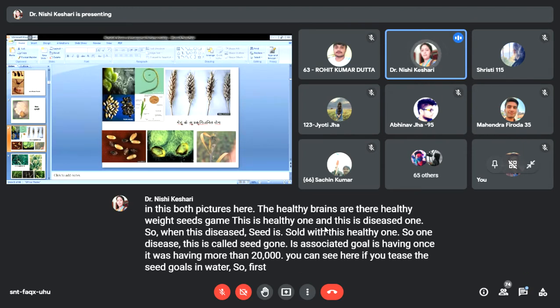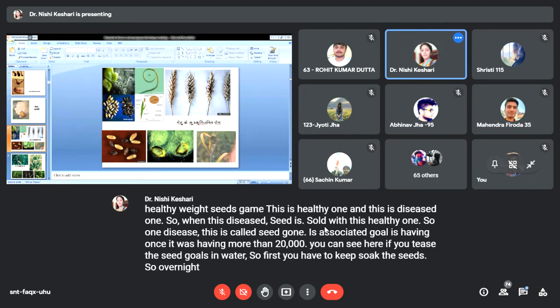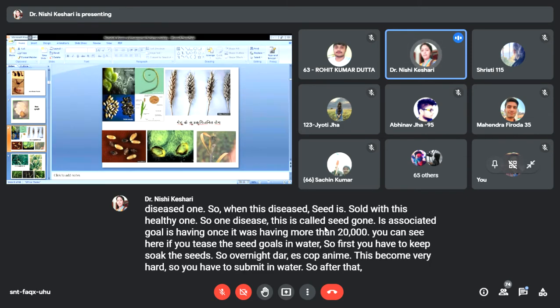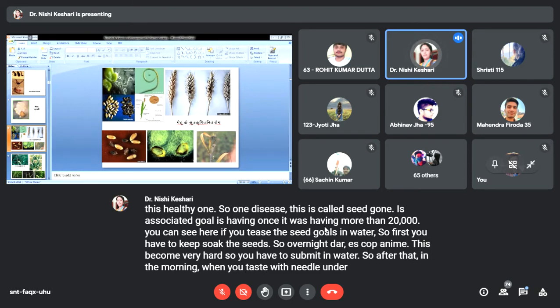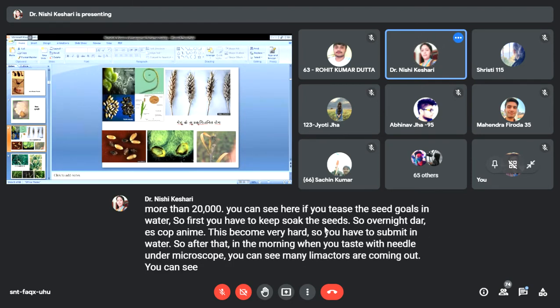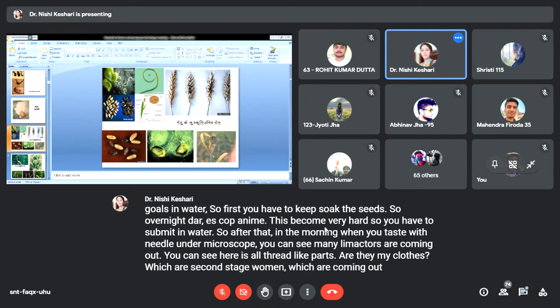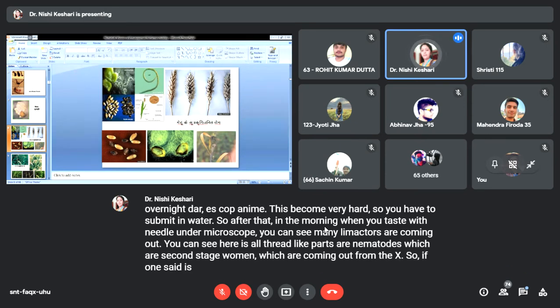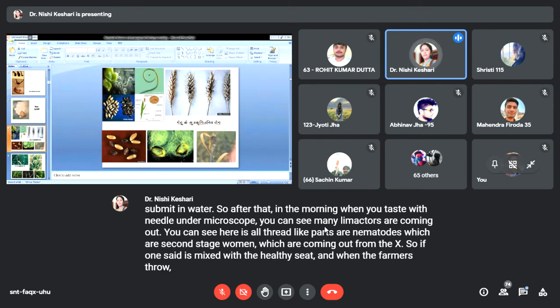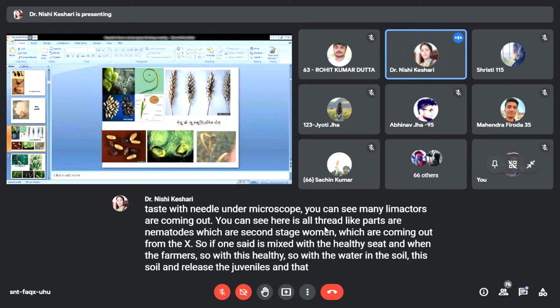So first you have to soak the seeds overnight, रात भर उसको पानी में आप छोड़ दो. This becomes very hard, so you have to soak it in water. After that, in the morning, when you tease with a needle under the microscope, you can see many nematodes coming out. You can see here, these all thread-like parts are nematodes, which are second stage juveniles, which are coming out from the eggs. So if one seed gall is mixed with the healthy seed, and when the farmers sow this seed, with the water in the soil, they swell and release the juveniles, and that infects the wheat